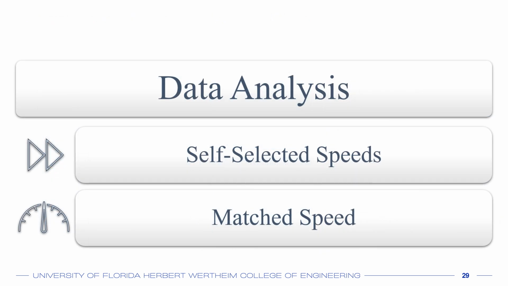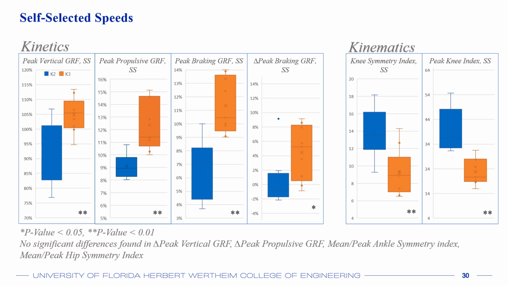This takes us to the results of the data analysis, which included the population-based self-selected speeds and match speed trials. At population-based self-selected speeds, there were several significant differences in kinetics as well as kinematics. Those observed kinetically were greater peak vertical, propulsive, and braking ground reaction forces, as well as a greater peak differential braking ground reaction force, those all being greater for the K3 group. And with respect to kinematics, the mean and peak sagittal knee angle symmetry indices were greater for the K2 group,